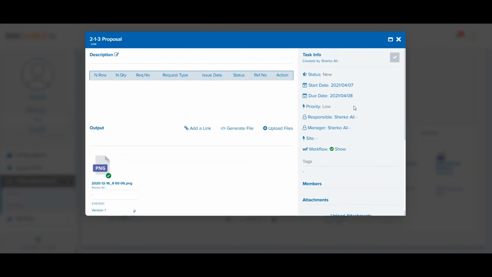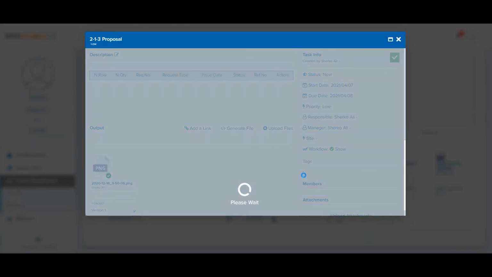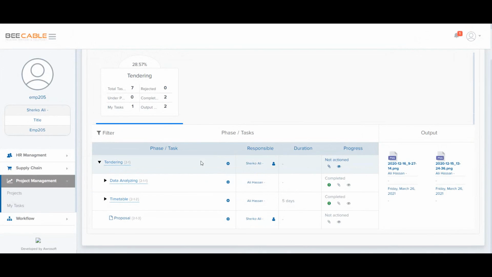And also change the status of the task from new to complete by clicking on the tick. The system will notify you that this task will go through a workflow